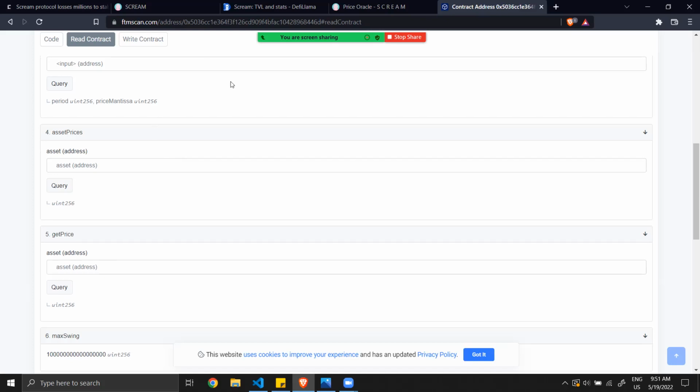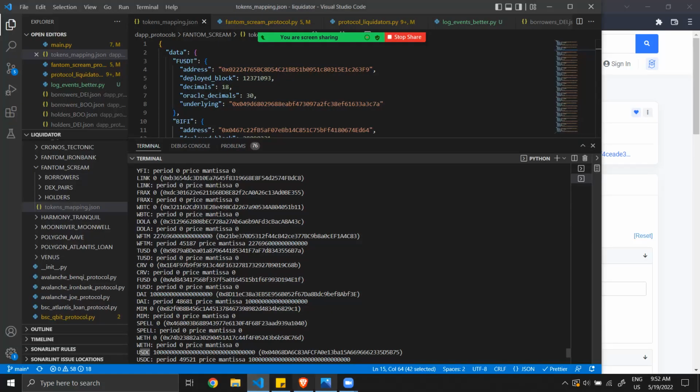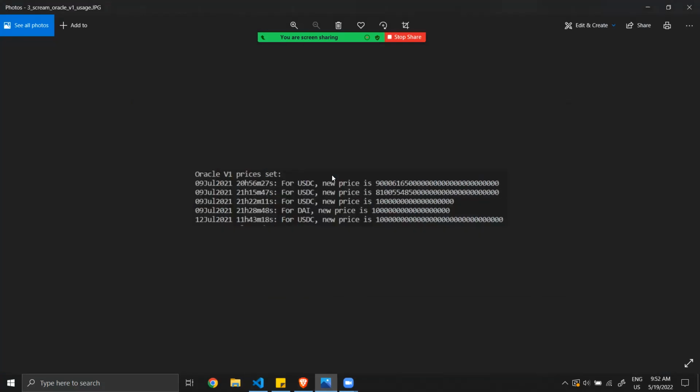But maybe the person is the same, and the fact that both are not contracts but only wallets is a bit concerning for me. And we can see also the last events, but I did it here. And for the last event, you see that the prices are not set very often on that contract, mostly last year.